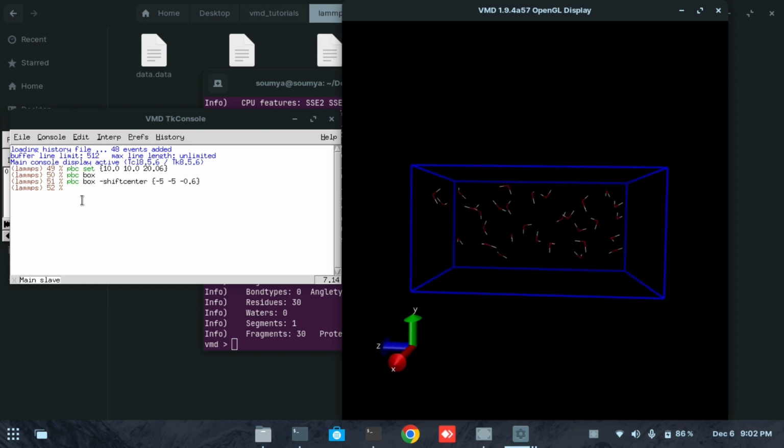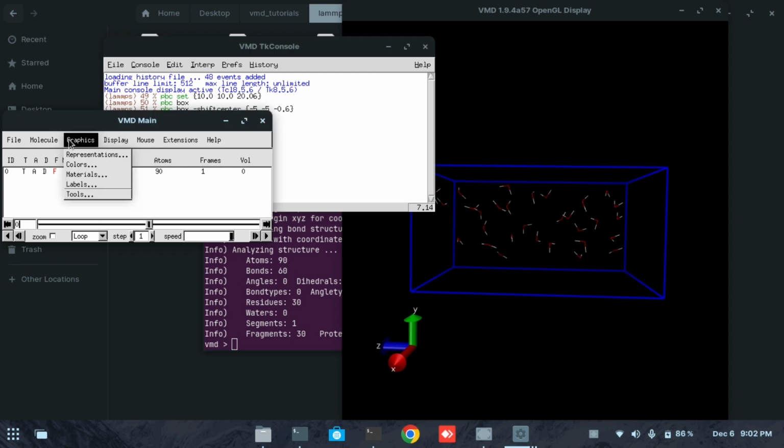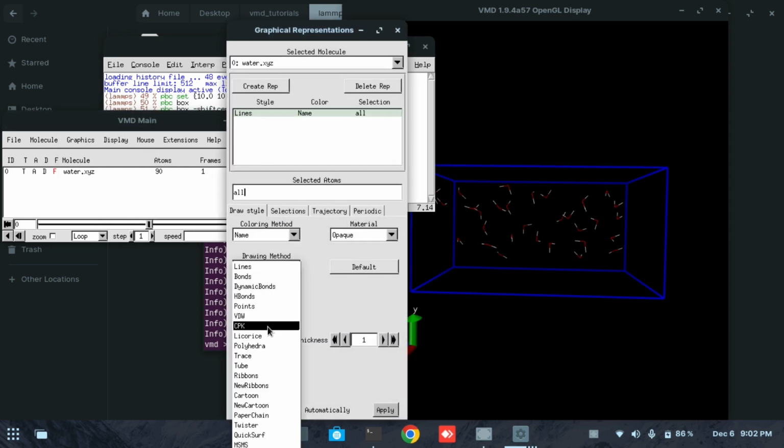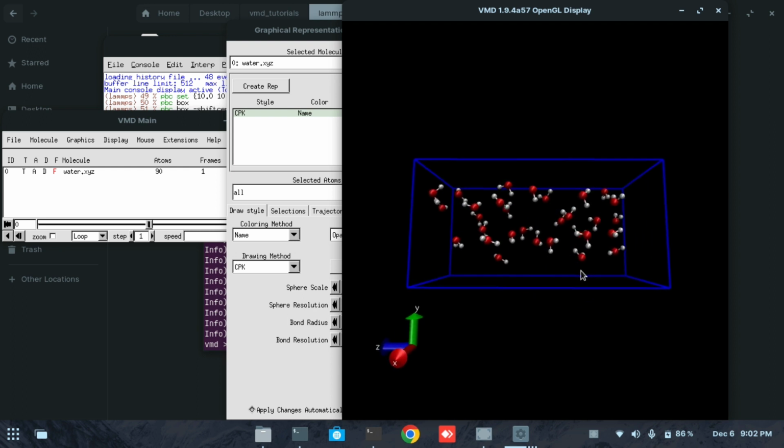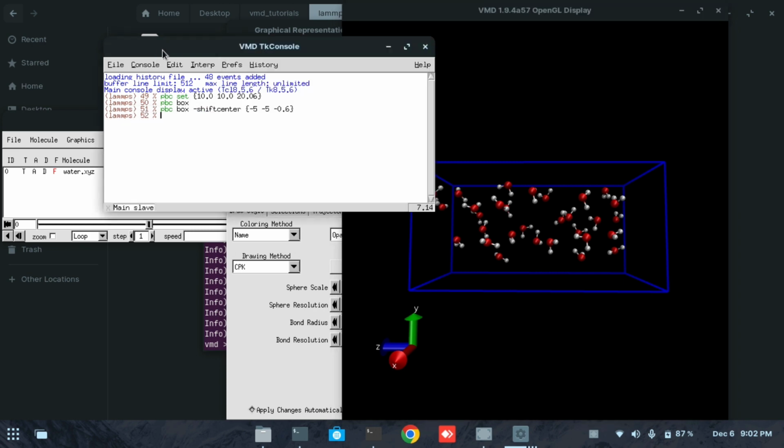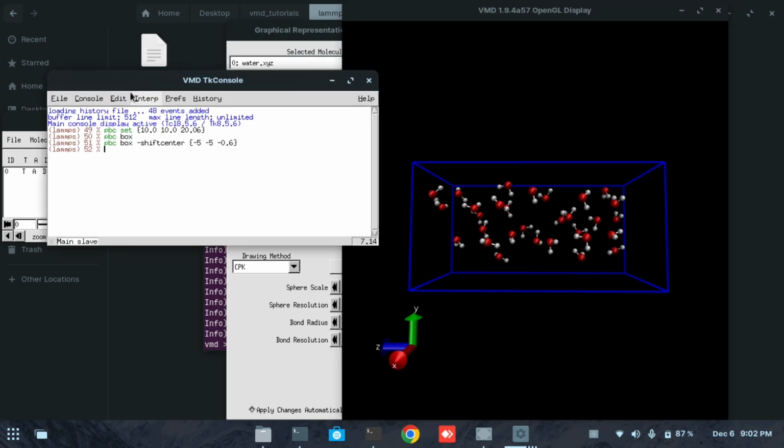After that, as I told you, these are water molecules, and as you can see there are 3 atoms in each molecule. I am changing this representation to CPK so that you can check that this is a 3 atomic body. In a water molecule, the oxygen atom carries negative 2 charges and the hydrogen atoms carry one positive charge each. So as a whole the water molecule itself is neutral, as adding all the charges gives us a 0 value.